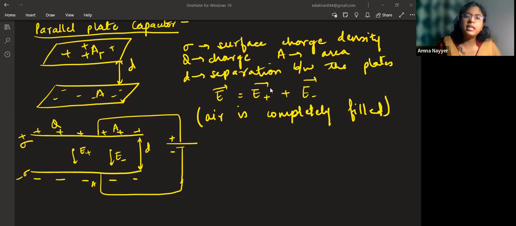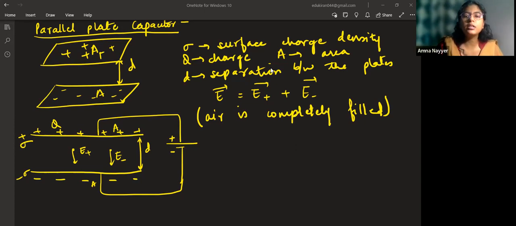Others? Yes, Madiha, do you remember? Ma'am, the formula for electric field. Yes, electric field due to a plane sheet. Were you there when we were discussing that? I think I might, but do you remember the formula in any way? Okay, 2k lambda, no, that is for something else, I think. That is for the infinitely long wire. Ma'am, by 2 epsilon naught something, right? In the denominator, sigma by 2 epsilon naught. Sigma by 2 epsilon naught. Very good.